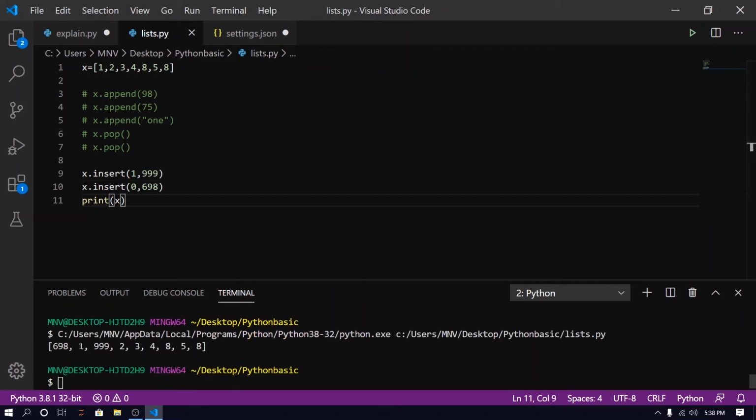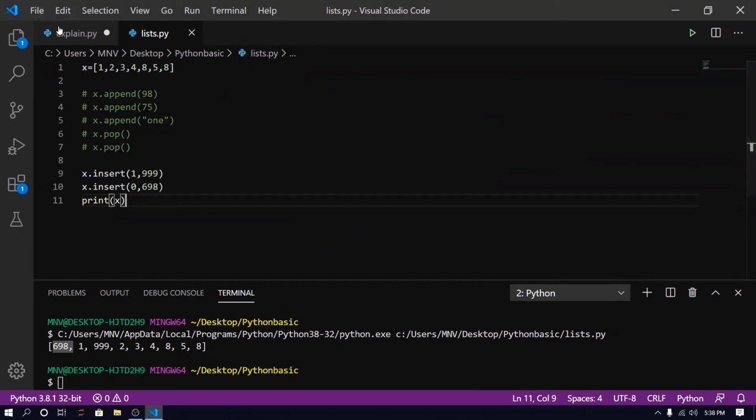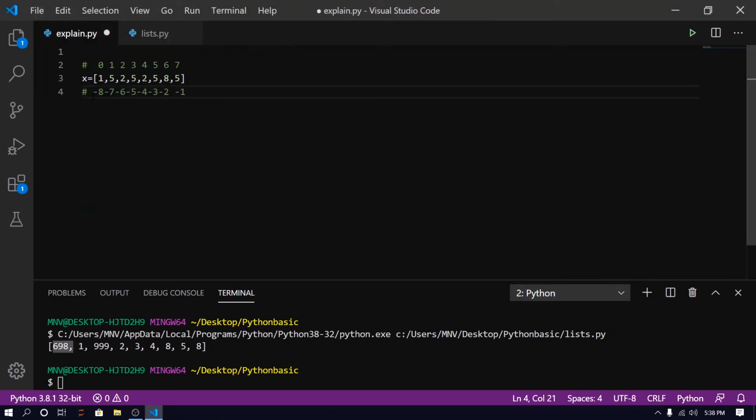Now you can see our new element is added at the zeroth position. Here the first index is 0, the second index is 1, the third index is 2, and so on.